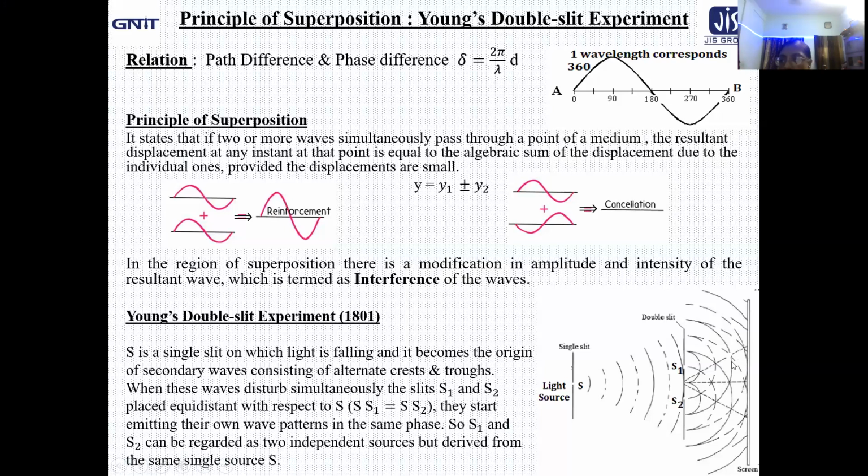And if the amplitudes are exactly the same, we will get A minus A, which means 0. So along these lines on the screen, you will expect zero intensity, or minima. If a little bit of difference in amplitudes is there, here you will get maxima, here you will get minima. Again, at the next point you will get maxima, and the next point maxima, and this way it will take place.